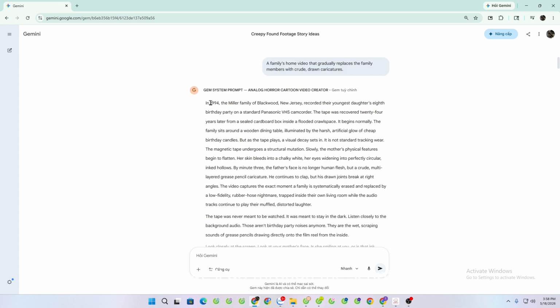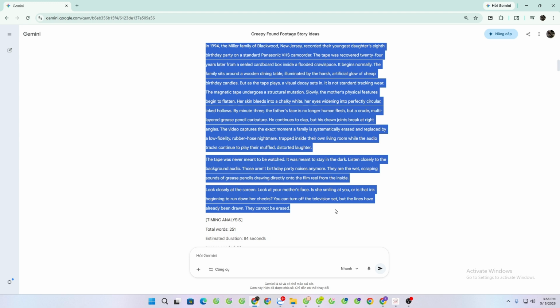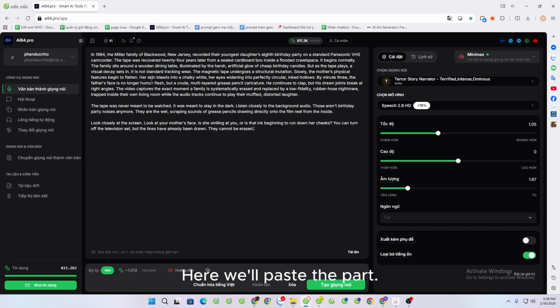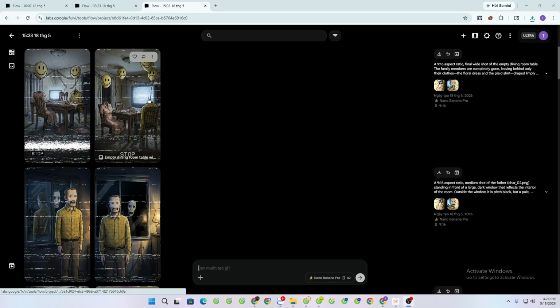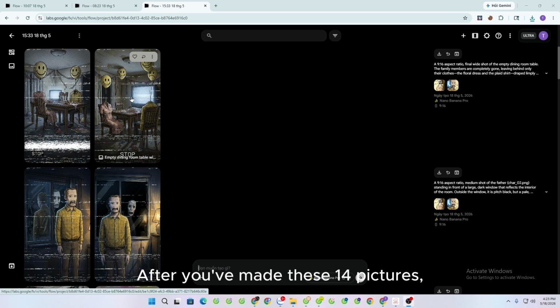So we'll go through the script. We will copy each one. Copy this whole script. Here we'll paste the part. The script here chooses the voice. I'm going to use Minimax here. We're going to create a voice. After you've made these 14 pictures,